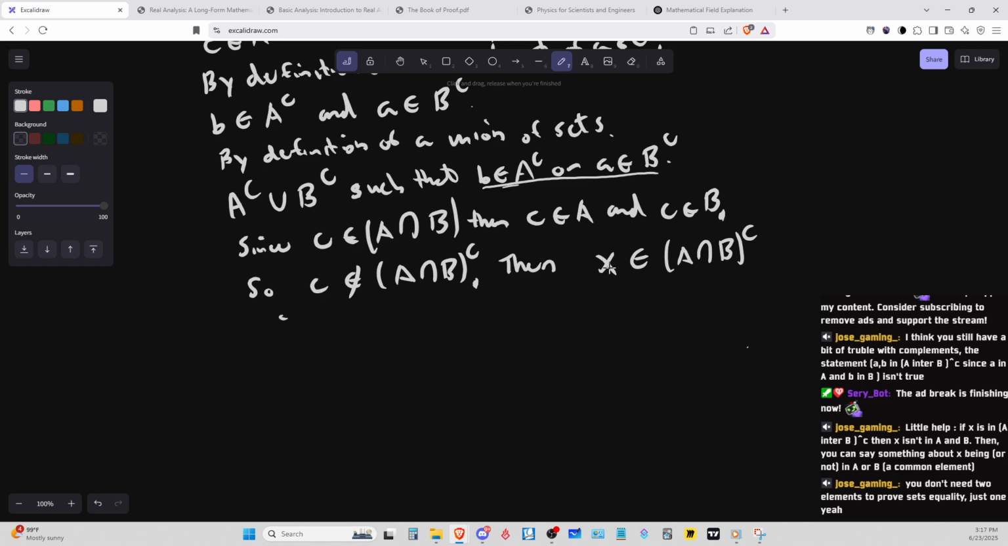You don't need two elements to prove the set equality, just one. Yeah. Okay. Then... No, I don't want to write by definition. Therefore, X is an element of